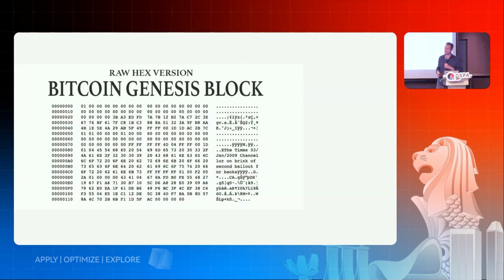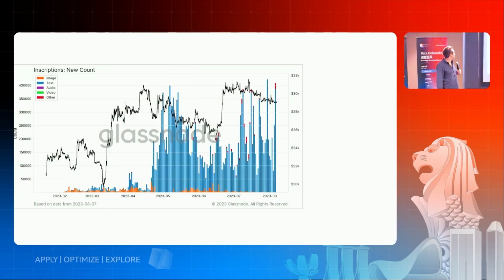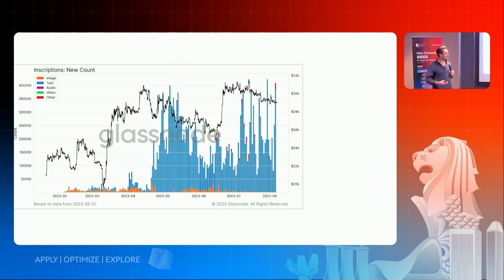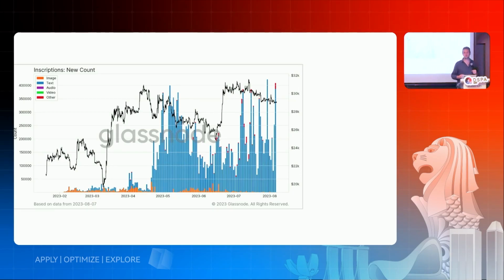This is a Bitcoin Genesis block, the raw hex version. You'll see that article I mentioned earlier is in here. And this tells us actually you can include text in your Bitcoin transactions. And so what's actually happening now is this new thing called inscriptions and ordinals on Bitcoin, where people are actually labeling all of the Satoshis on Bitcoin. So Satoshi is down to the 8th decimal. And